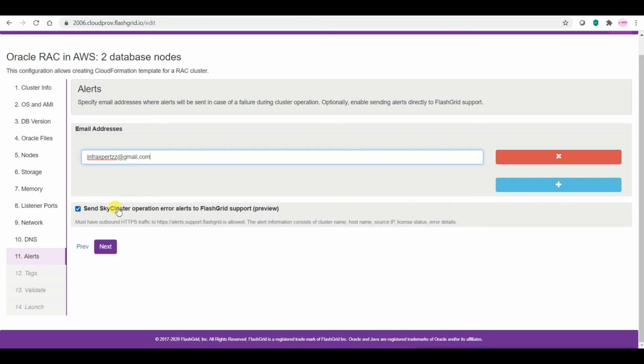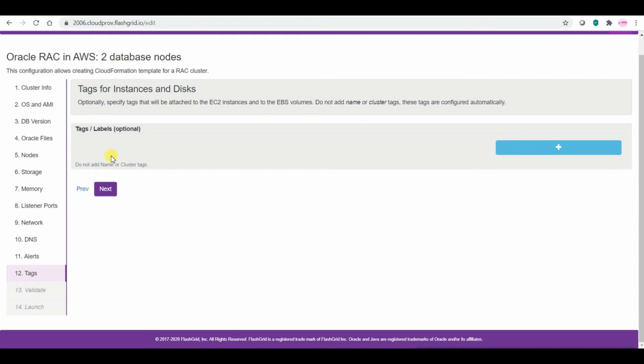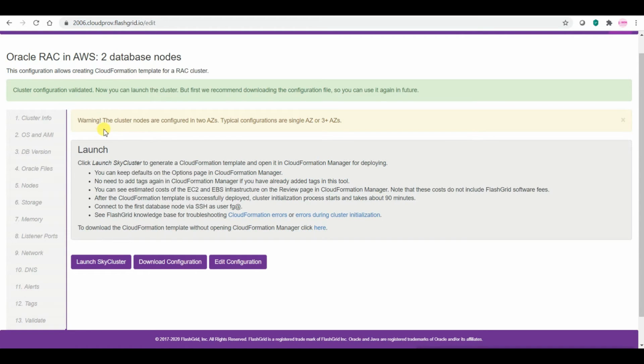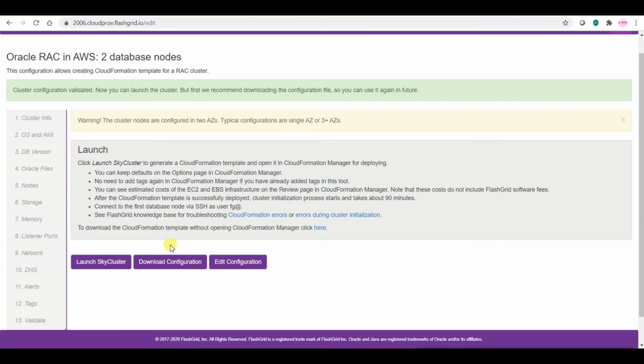If you want, you can send cluster operation error alerts to support for previewing. If you want, you can give the tags which are necessary in your production, in your project environments. So let me validate the configuration. That is fine, because in C region there's no R4 present. So let us launch the cluster now. You can also edit and download the configuration if you want.